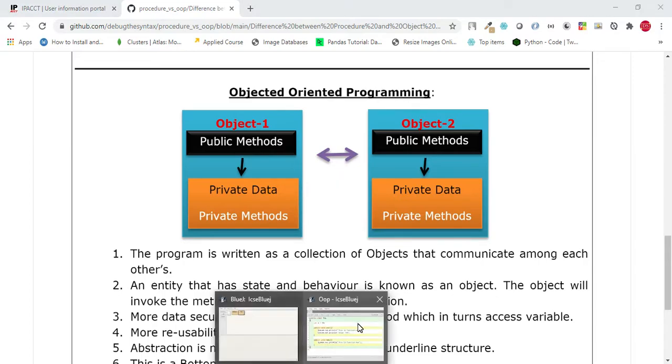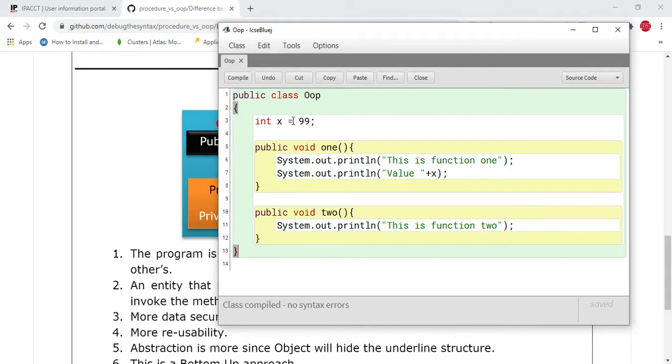Okay, so coming back to my BlueJ, over here I have defined something called a variable, because this is what is going to hold the data. Don't worry if you don't understand this statement, there will be a lot of videos coming up where you will be clearly able to follow what a variable is. For the time being, just imagine when you go to school, you carry a bag, and inside the bag, what do you have? You have a book.